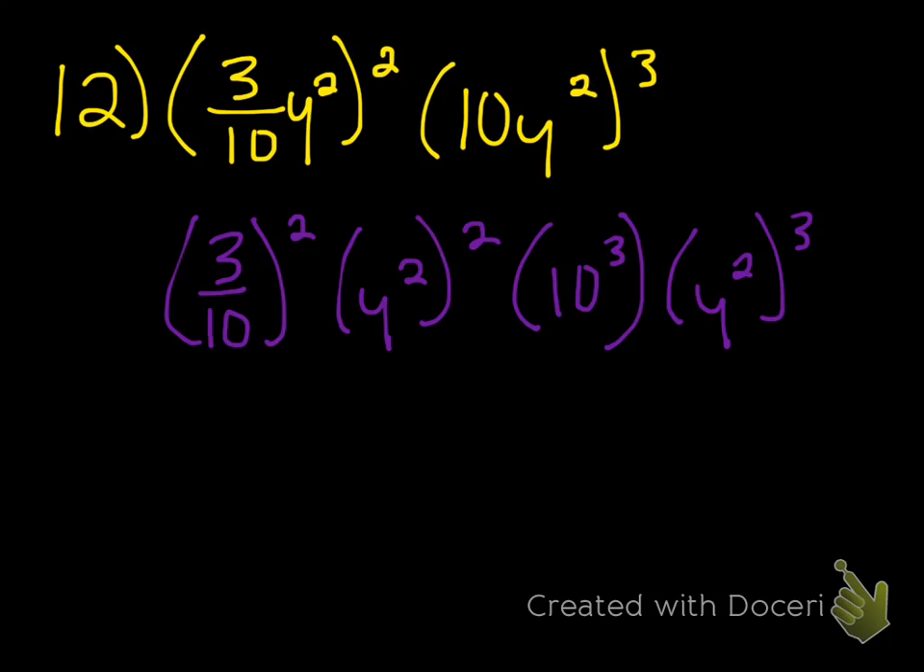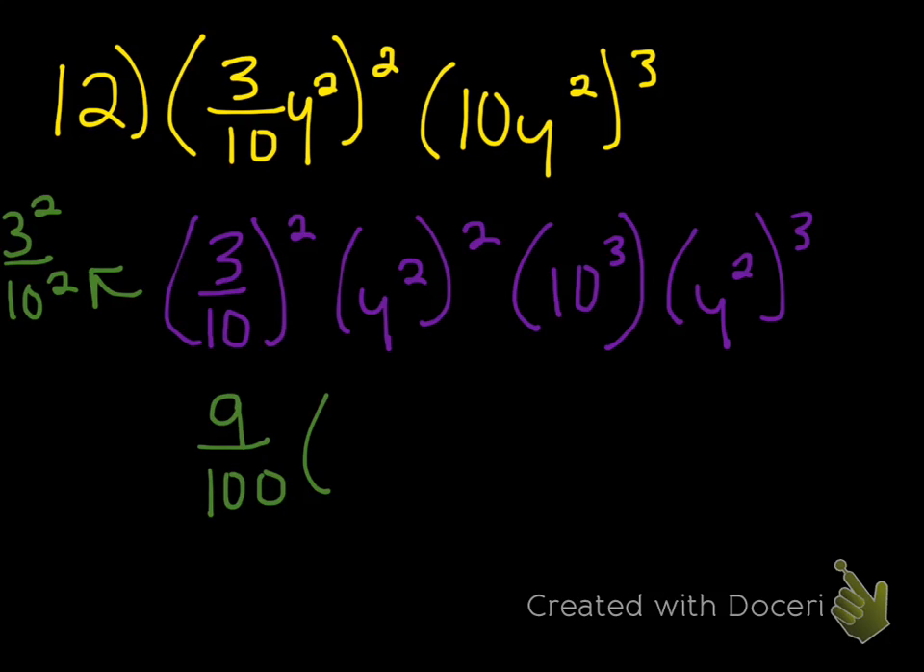All right, so remember 3 over 10 squared is the same thing as 3 squared over 10 squared. You have to square both of them. So that gives us 9 over 100 times y squared to the second power is y to the fourth. Then we've got 10, excuse me, to the third power, which is 1000. And then y squared raised to the third power is y to the, excuse me, sixth. Okay, let me go ahead and